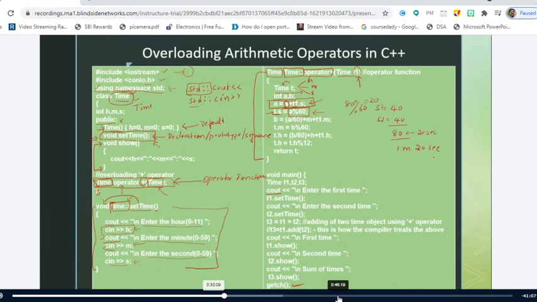So is it correct or not? If I get the result as 80 seconds, I should place in the seconds variable 20 only. The value that should be stored inside seconds is 20. The remaining thing, that is 1, should be added to the minutes. Right. So is it clear up to this point?